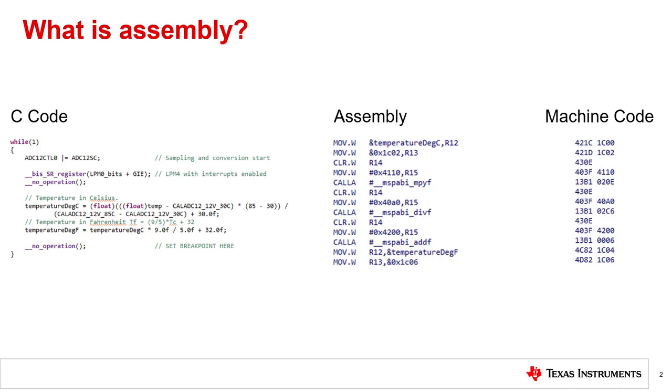So how does C code, assembly, and machine code relate? First, we'll start with our C code, which is where most programmers start now. C code is considered human readable and is the easiest to understand. To get from C code to assembly code, the C code needs to be converted. This can be done automatically by a program called the compiler, which compiles or converts our C code into assembly. The compiler will also optimize your C code and help save memory and program cycles.